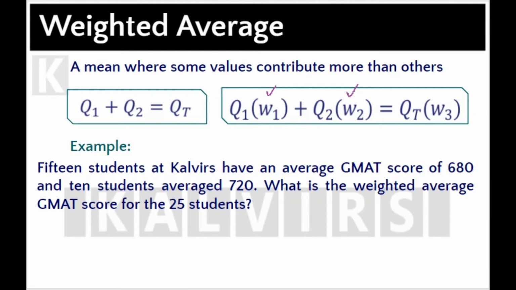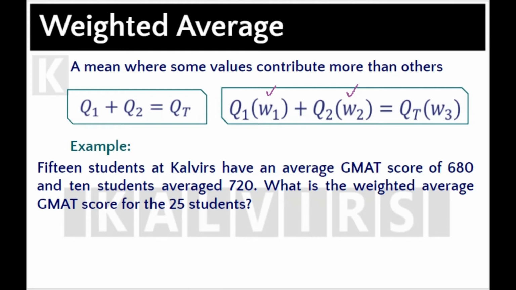For the example shown below, 15 students at Kalvirs have an average GMAT score of 680 and 10 students average 720. What is the weighted average GMAT score for the 25 students? So,